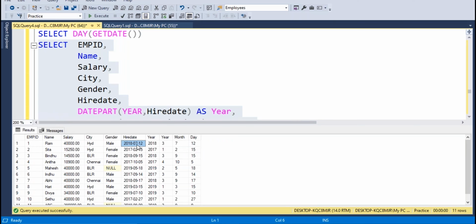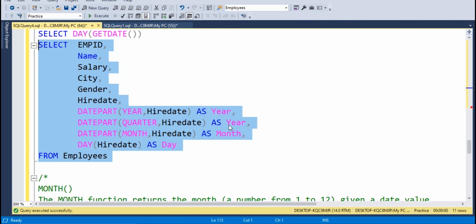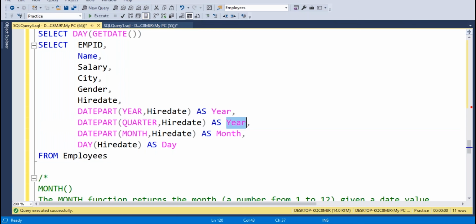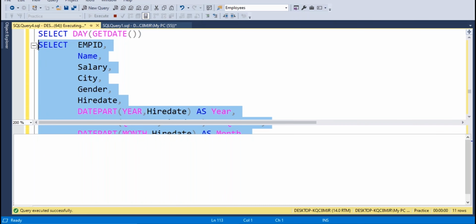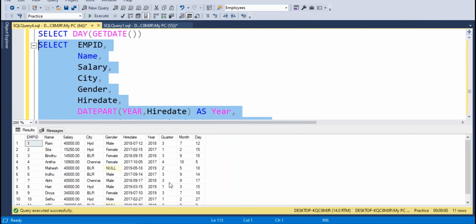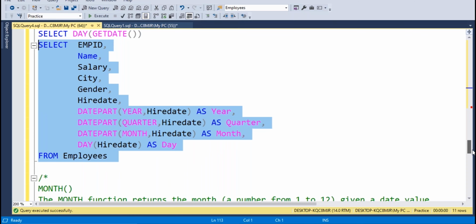The seventh month is the third quarter, and the second month is the first quarter. And you can observe October, the fourth quarter. Now you can observe the ninth month, third quarter. Based on this you can get year-quarter-wise data. First you can change the result set name to quarter, right? Okay, now you can get it. See, quarter. Like that we can get the values.